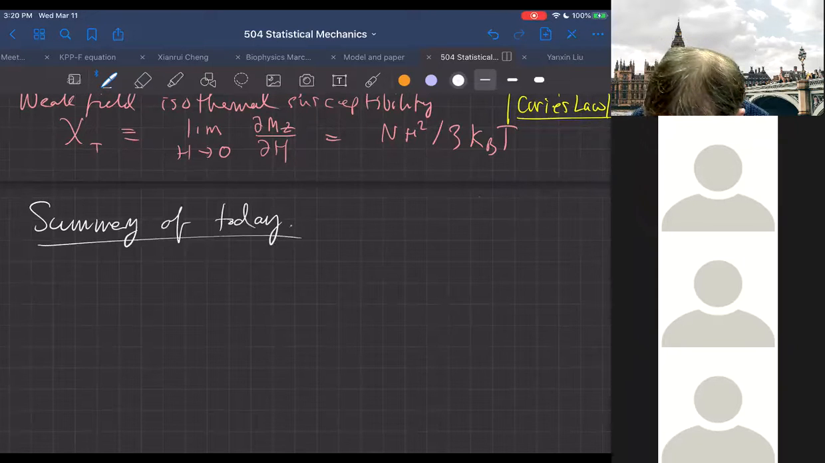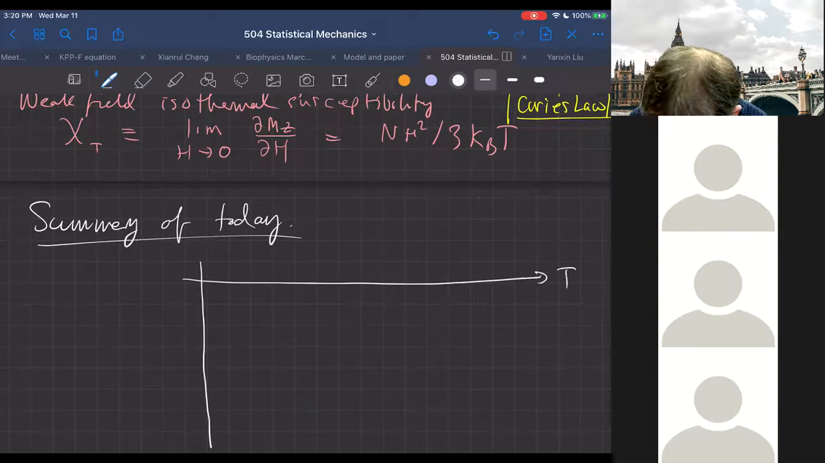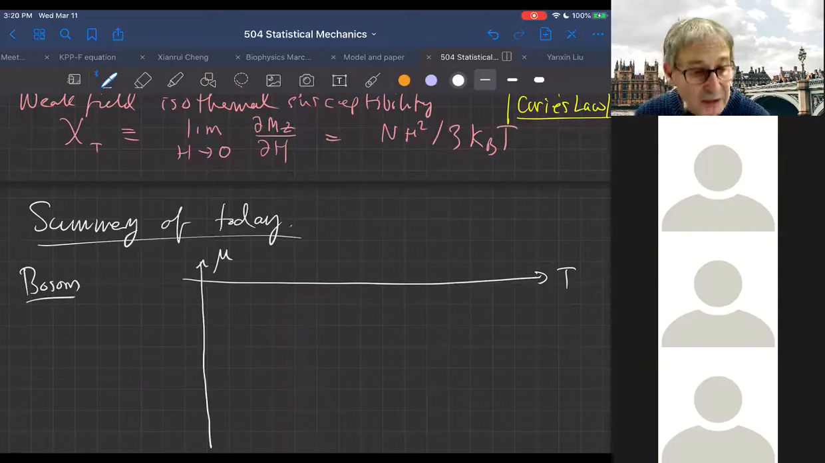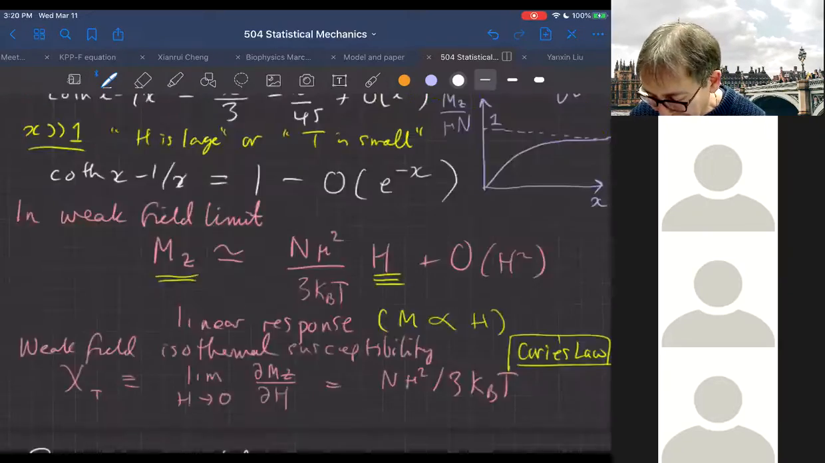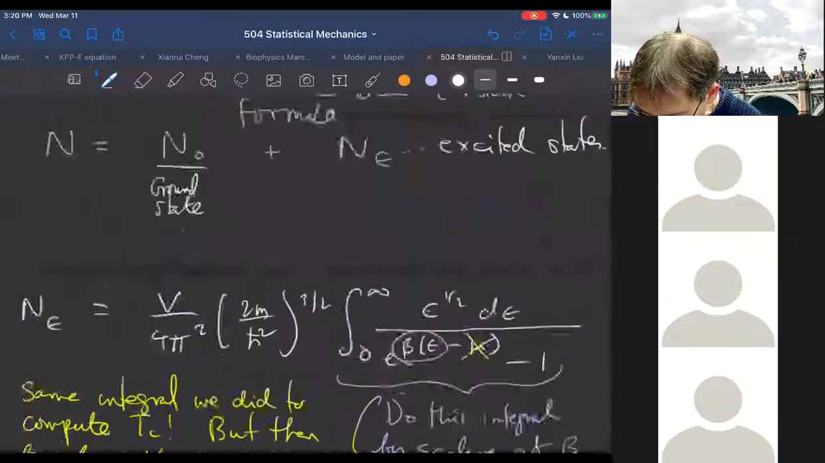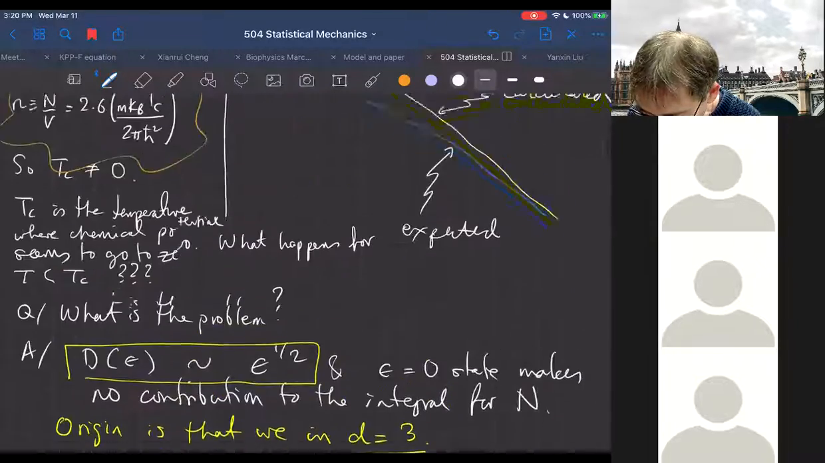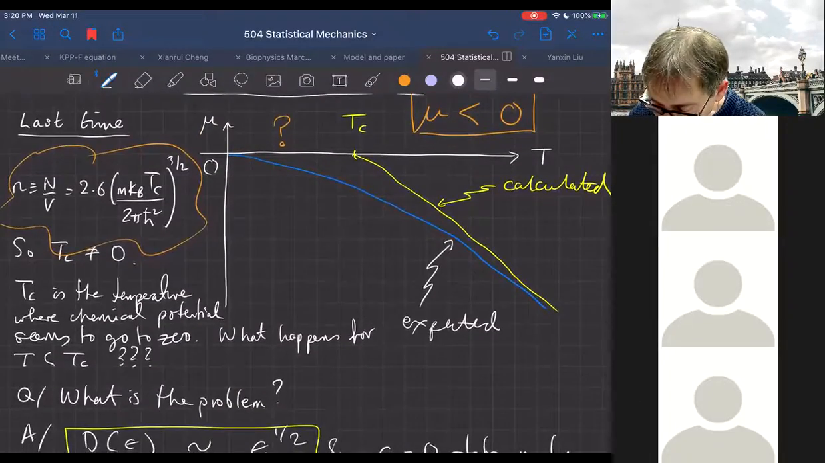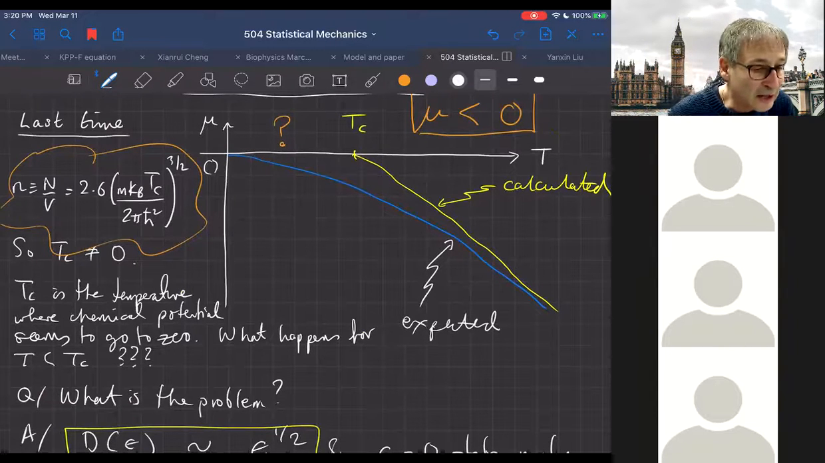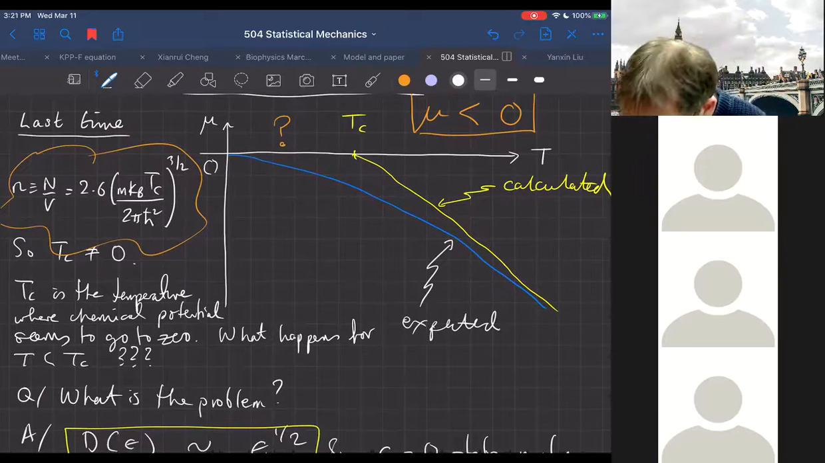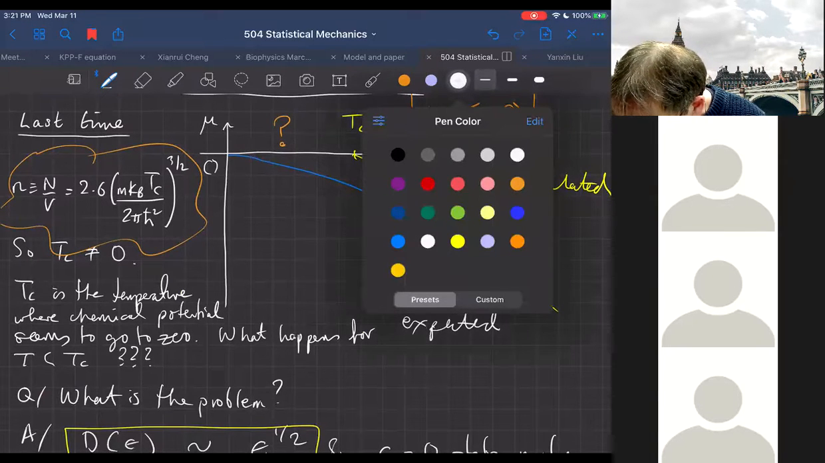So this is a graph that I wanted to draw, but I forgot. This is for temperature for bosons. I want to plot what the chemical potential looks like as a function of temperature. Let's go back to the first one, and let's put it in here. This was how we started the class with the chemical potential as a function of temperature. The blue one was what we expected. The yellow one was what we calculated last time, and in fact, neither of these are what is really